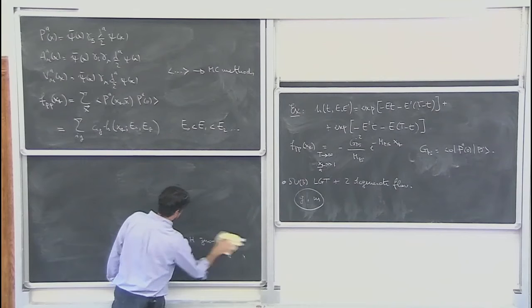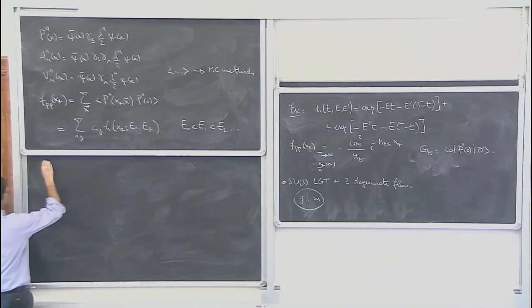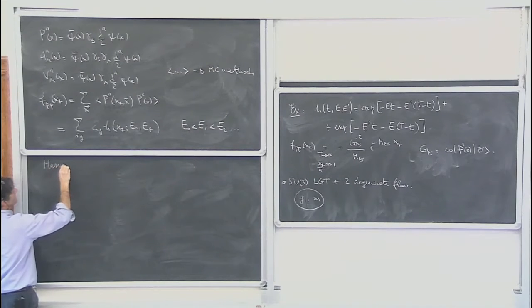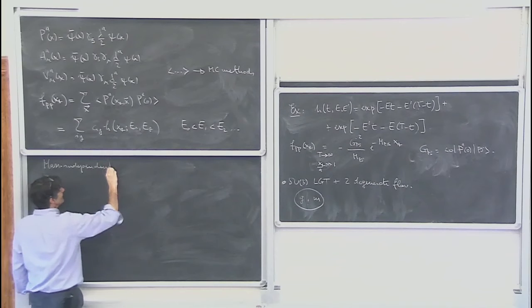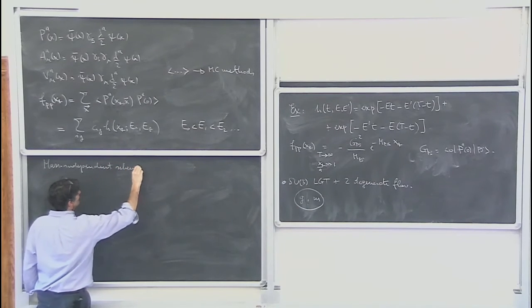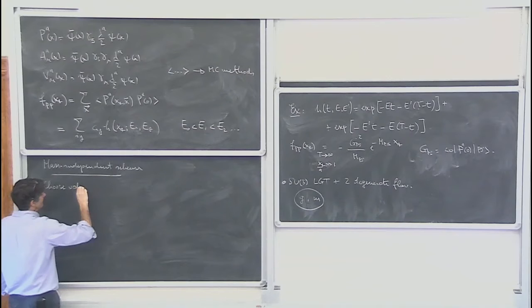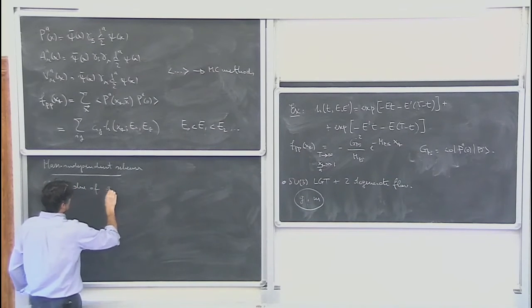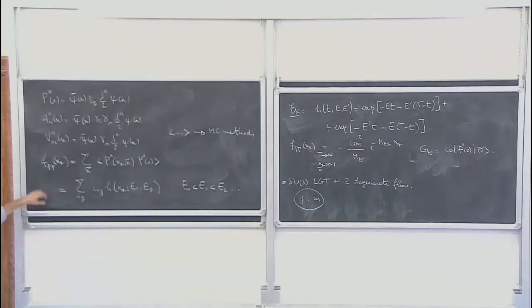So let's repeat that, in a mass-independent scheme, you fix g, you choose a value of g. Then, using